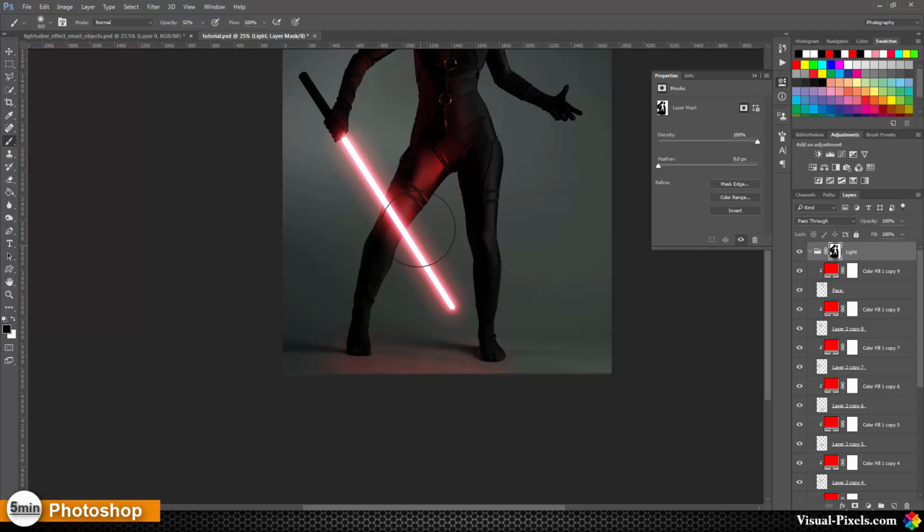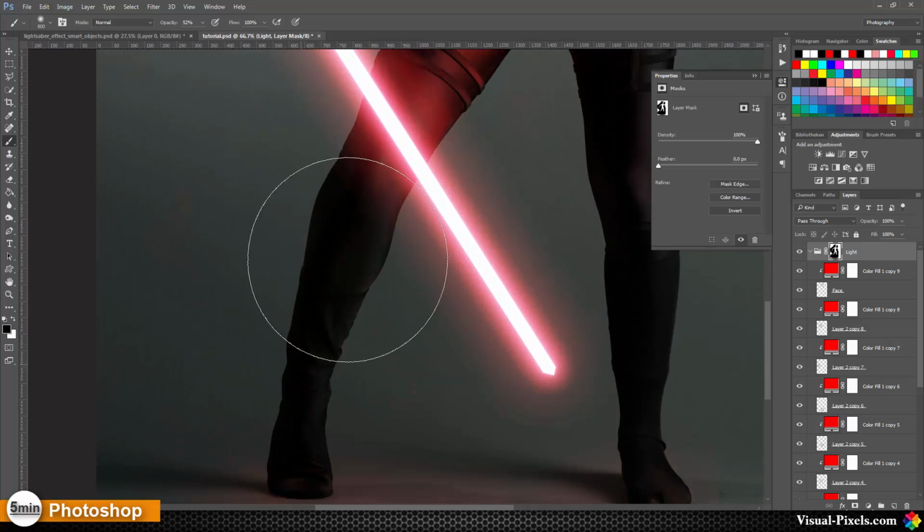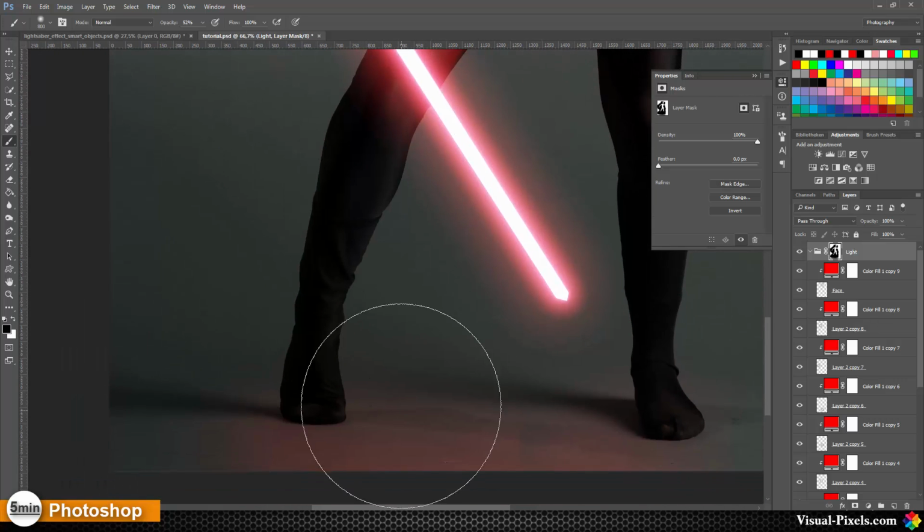It's not a reflective floor, so it doesn't matter really. You have a low reflective ground here, so it doesn't reflect much light. So we can remove it